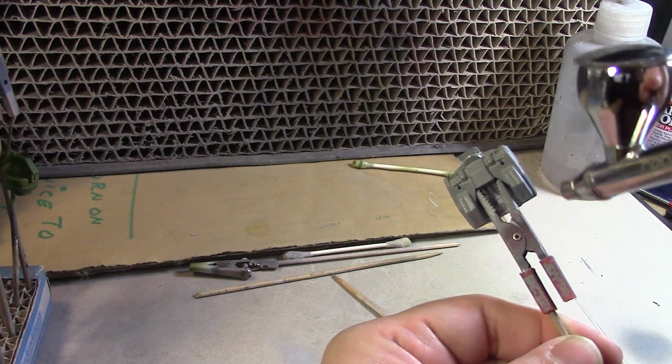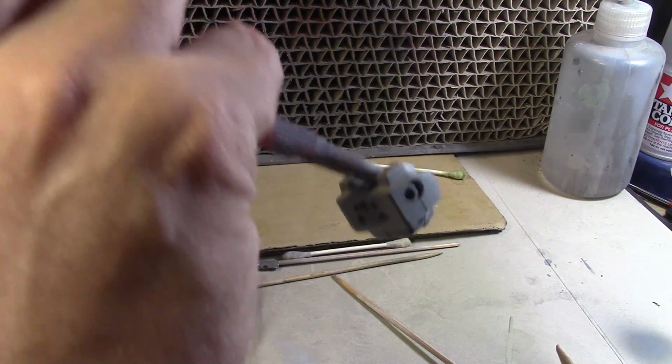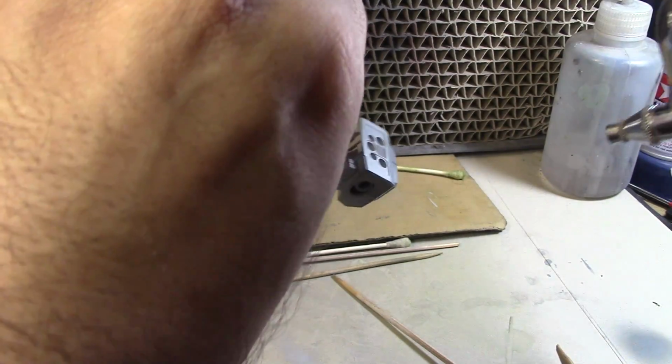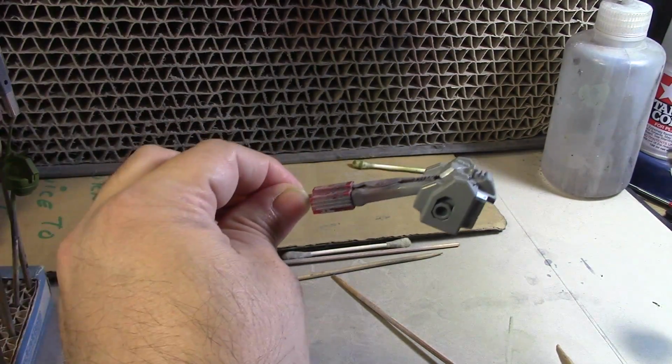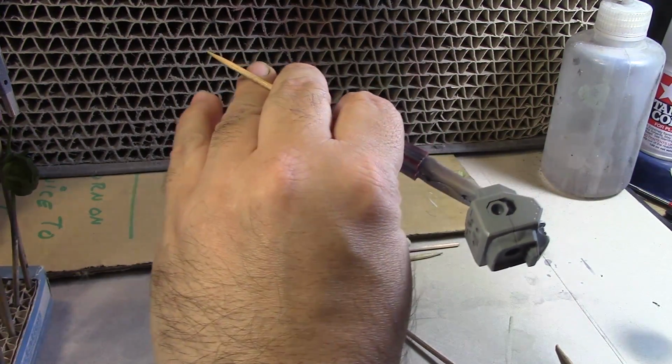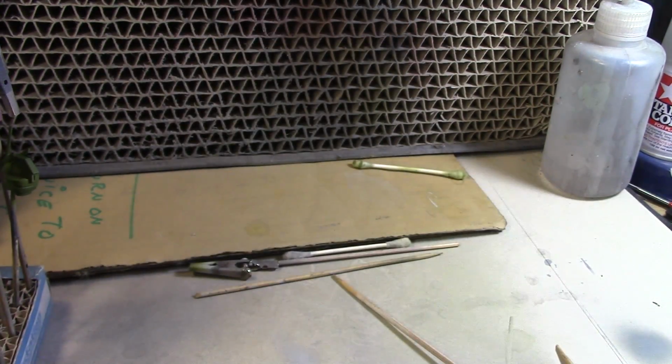In the light it's kind of hard to see this, but to tell you the truth, it is a really nice color tone. It has that hint of blue when you see it. It is gray, but with a hint of blue. So it's really nice. I got this color because I was going to use it on one of my Yamato kits, which was supposed to be